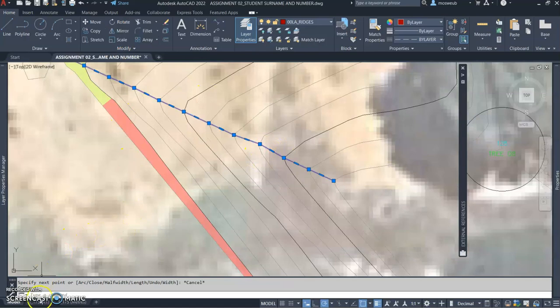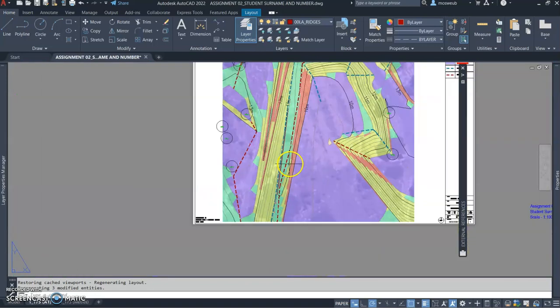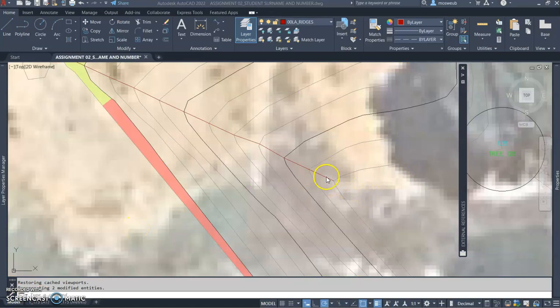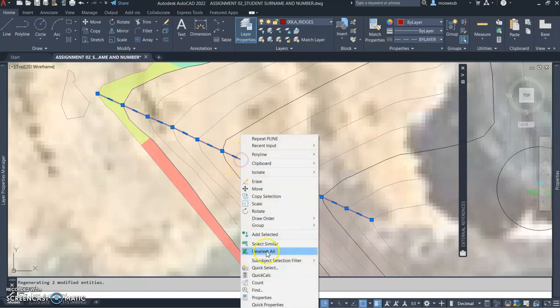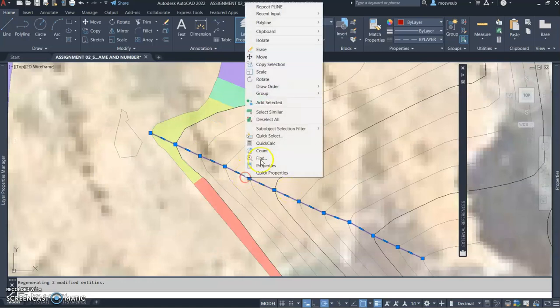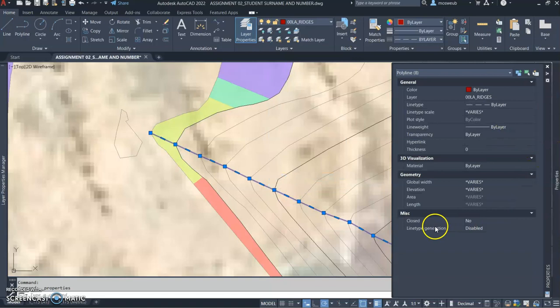As you will see on my example, the lines are rather thick. And how you do that, rather than using your line weights, you can use what is called a global width. So you select the particular line that you've drawn. You can draw all of them all at once first, and then afterwards select all of them, right click and say select similar, and then right click, go to properties, and then you will see under the geometry heading, there is an item there that says global width. So there, where it says varies, you can just type,